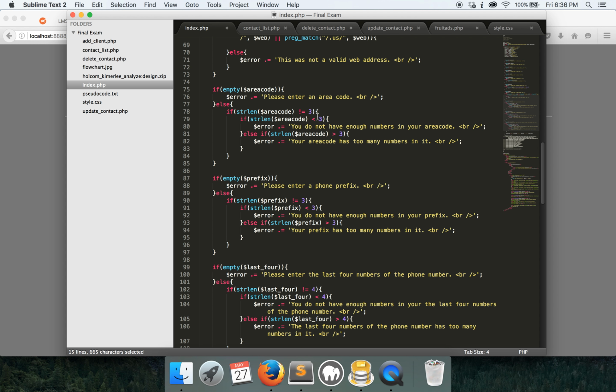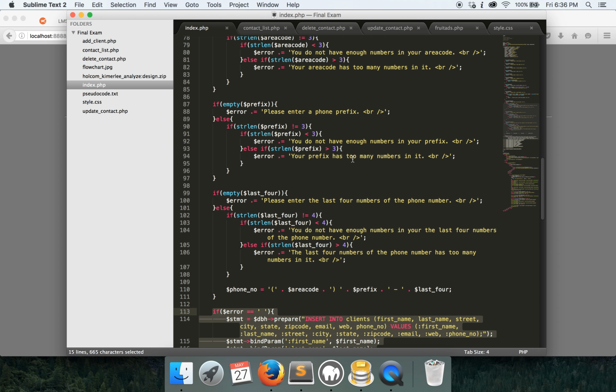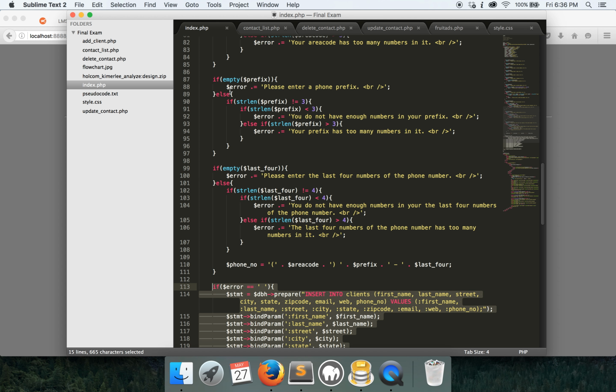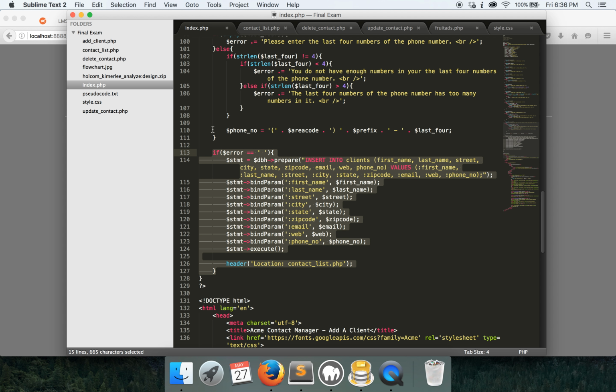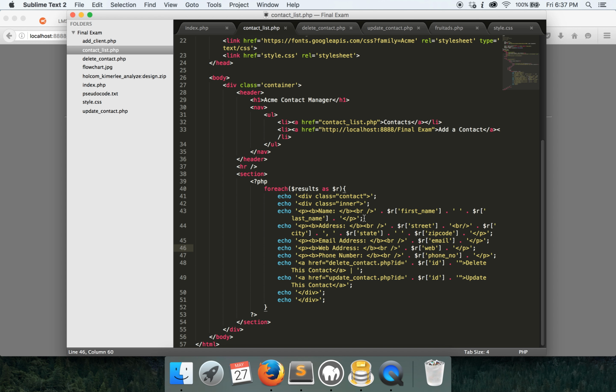It checks to see if the area code is 3 characters in length, if it's not, and if it's more. And does the same thing basically for the prefix and the last 4 digits. I then take the phone number and create one variable that I can then enter into the database. And the reason I have this if statement here is because if there's no errors, then I want to put it in. If there were any errors, then it would automatically kick it back to the index page. Once that's done, it goes to the contact.list page,